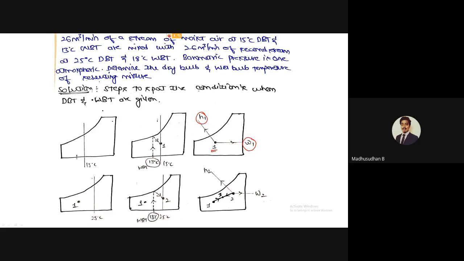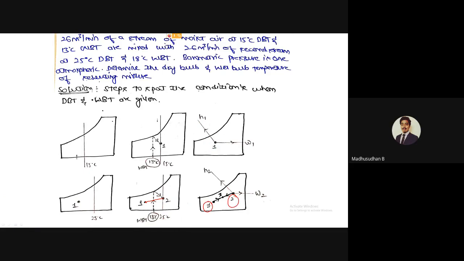I will be explaining the second condition also. You have just plotted condition number 1 here. 25 degrees Celsius is your second stream, which has a DBT of 25 but a WBT of 18 degrees Celsius. From the WBT, you first mark the point on the lower axis of the psychrometric chart. You proceed up till it cuts the saturated line. From the saturated line, trace the isoenthalpic line till it cuts the 25 degrees Celsius line. You mark state 2 over there. After marking state 1 and 2, we join those two to get the process.